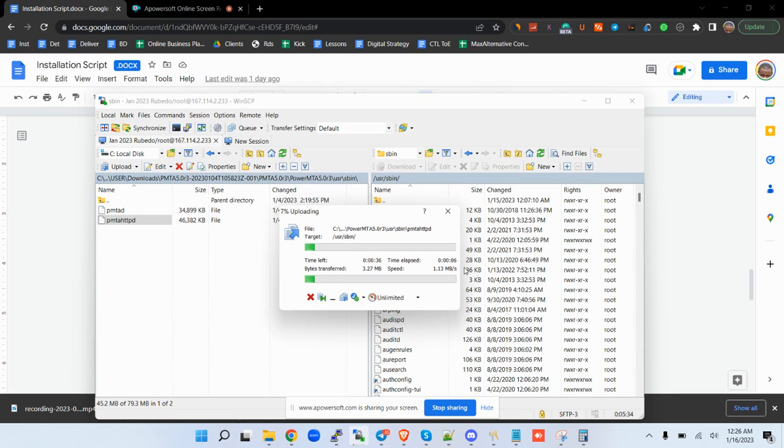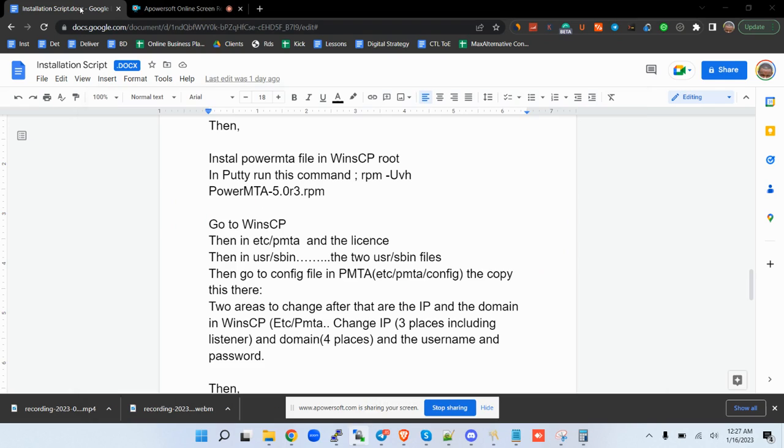This also is going to take a few more seconds. Once it's done, we are going to look at what is the next item on our script. As that process continues, the next areas that we're going to cover is we're going to go to